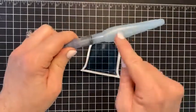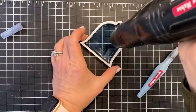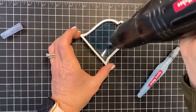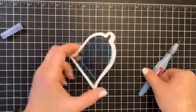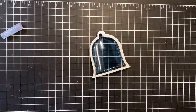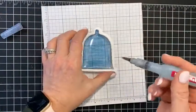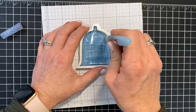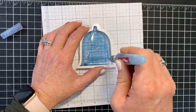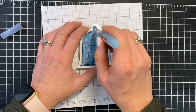water painter with the alcohol inside it again. And I'm actually just going to dry this really quickly. You don't want to do it for too long because you wouldn't want to melt the little cloche, but here, this makes it a little easier to see. Okay, so I'm going to just squeeze my water painter and then drop some of the alcohol in there. We're going to keep drip dropping all the way around,